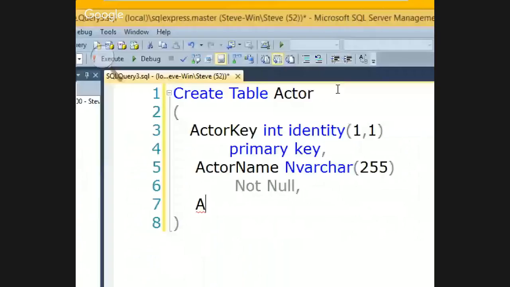What would we want? Actor, country, actor. Anything we want to know about an actor? Okay, actor, age. What do you do if they're long dead? Yeah. Date of birth, maybe. Oh, actor date of birth. Actor date of birth would be better if we know it. But because we might not know this,